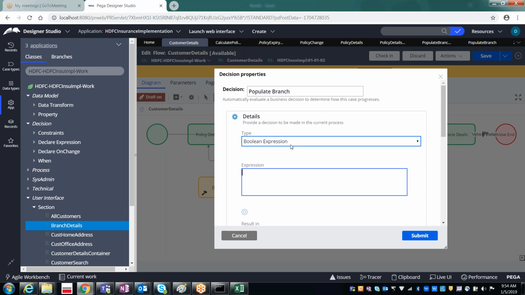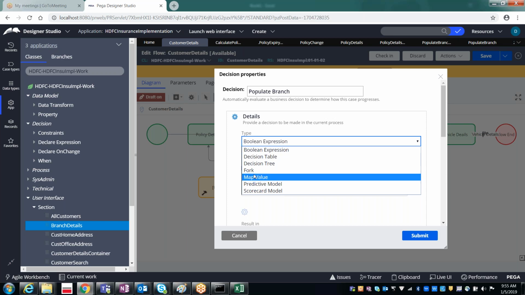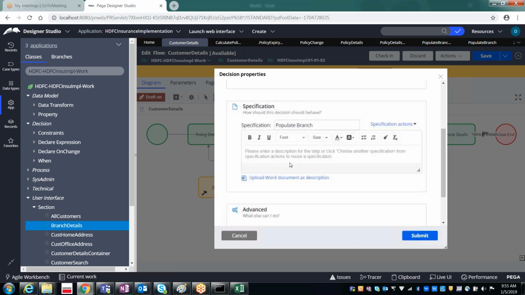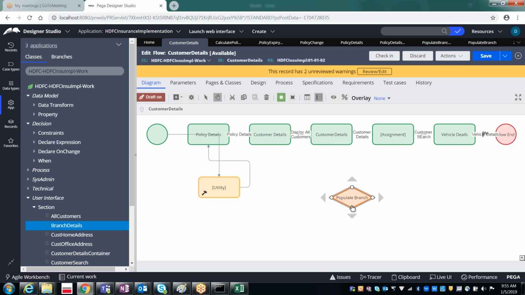And in case you want to reuse the same expression again and again, we can create the when rule, and then how exactly can we refer to that when rule? Through the fork here. Okay, through the fork you can also apply the when rule. Okay, how can you apply it? After that, once you select the when rule, you can have n number of options here. Okay, n number of paths. Okay, n number of paths means, okay, one second.